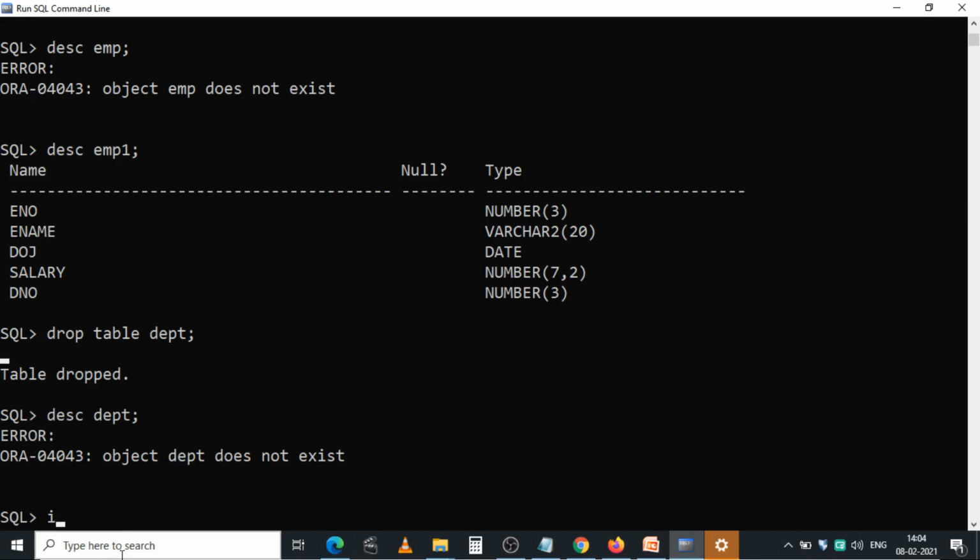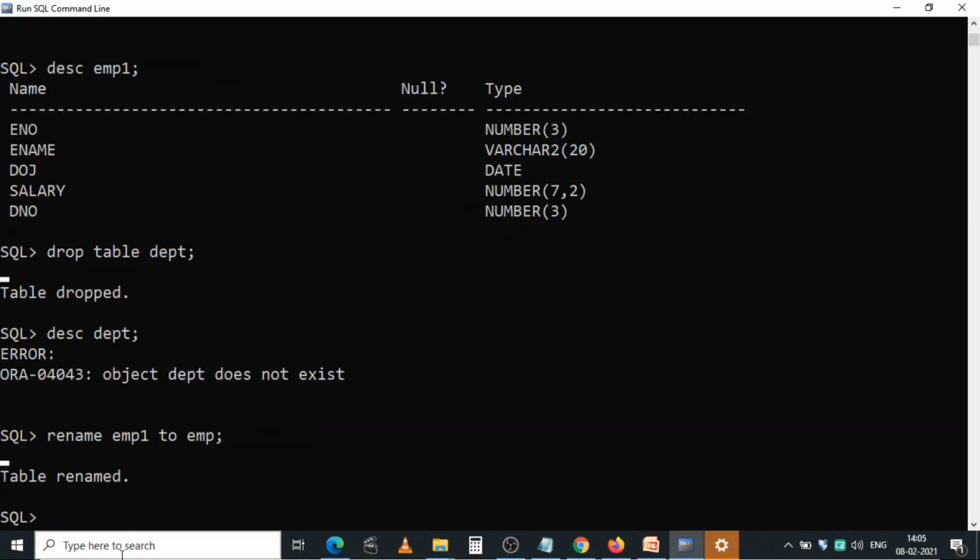Before inserting into the table, first of all, I have to know the description of EMP1. Rename EMP1 to EMP. The table is renamed from EMP1 to EMP. Later on, I have to insert.